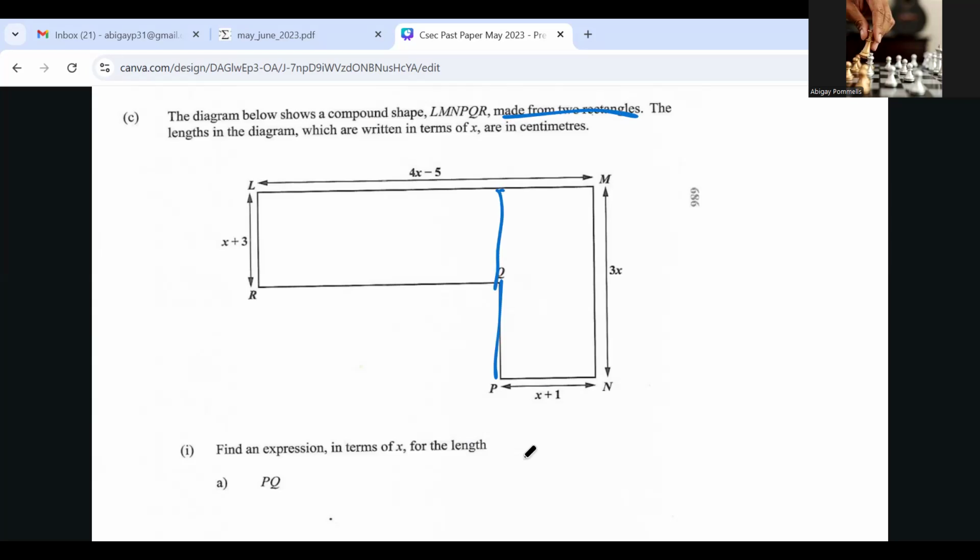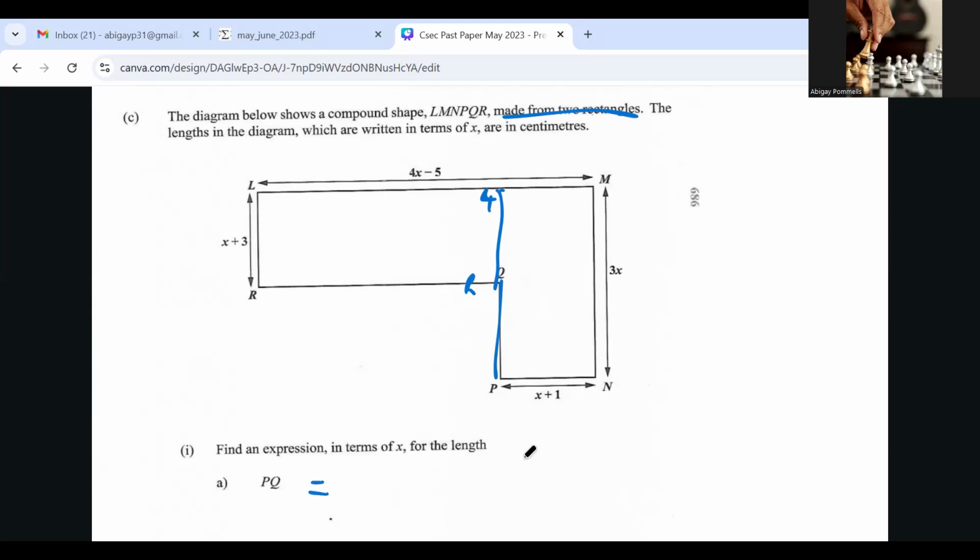So that is cut. So I am left with PQ and RL becomes right here, RL. So what I can say here is that